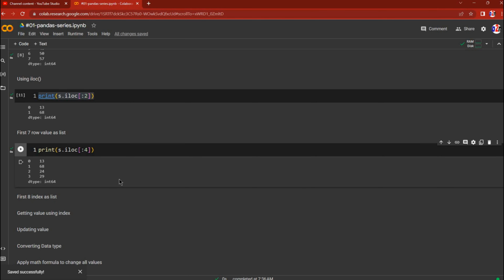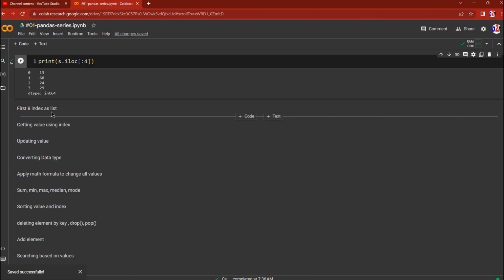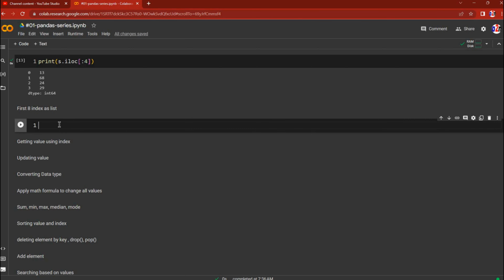Yeah, 0, 1, 2, 3. So 4 it is giving. You can first 8 in index as list. So this is a little different. Now what we are looking for is all the index as a list. So what we are going to do is